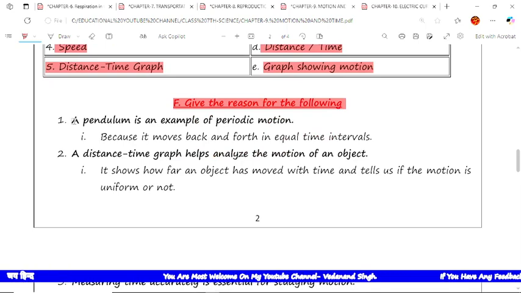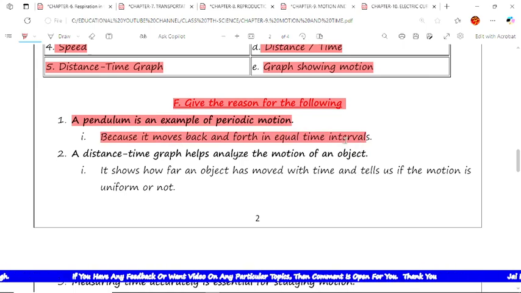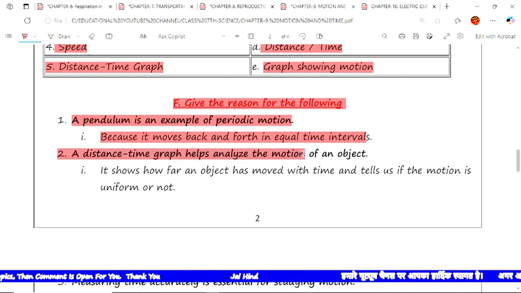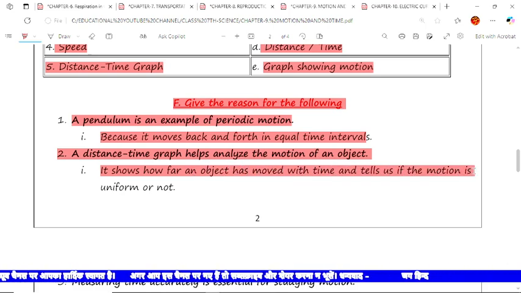The first statement is: a pendulum is an example of periodic motion. The reason is that it moves back and forth in equal time intervals. Now the next statement is: a distance-time graph helps analyze the motion of an object. The reason is it shows how far an object has moved with time and